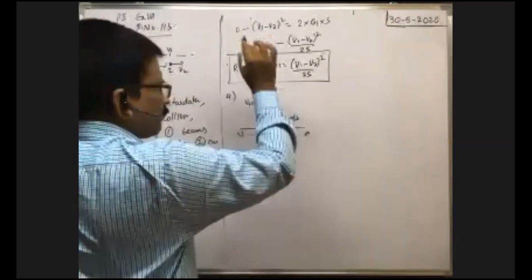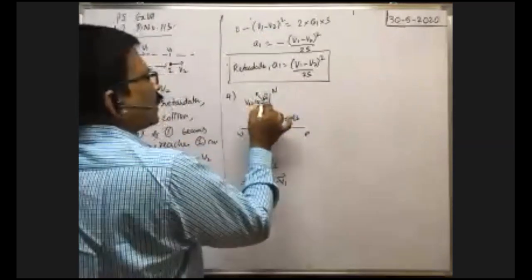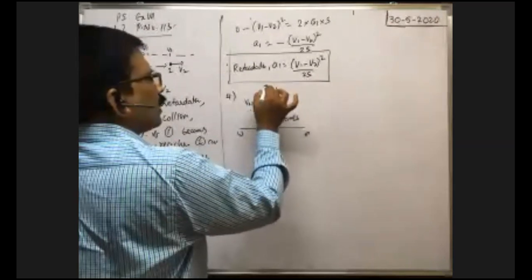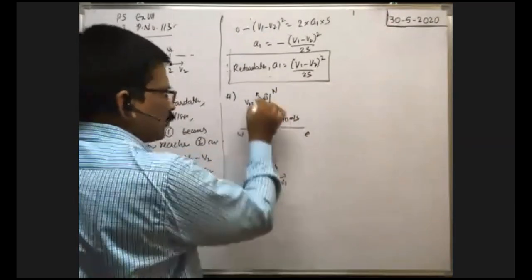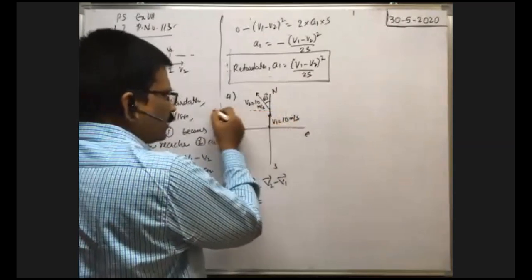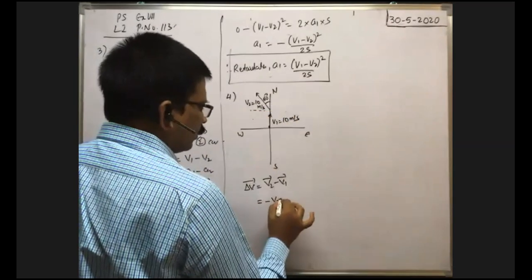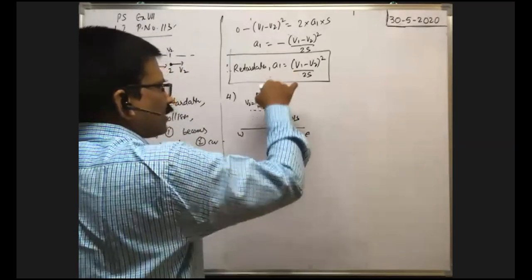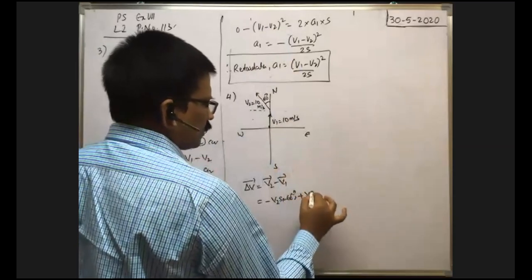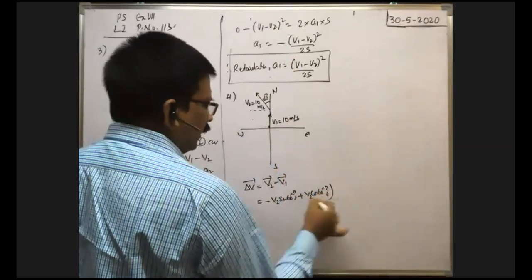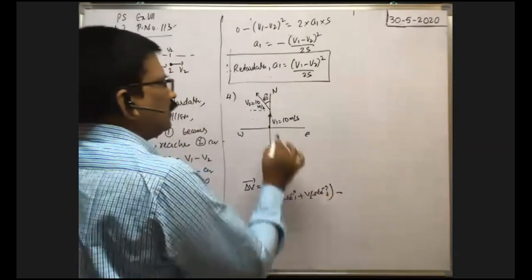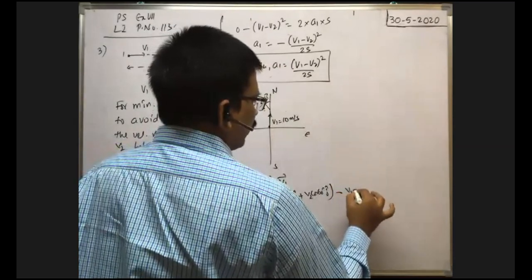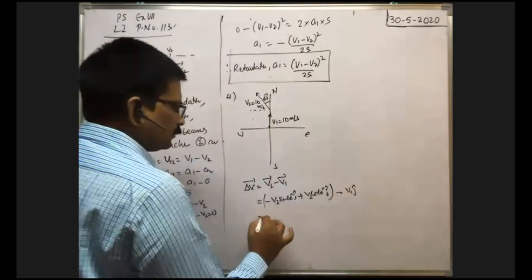So you take this as the y-axis, this as the x-axis. The component in this direction is V2 sin 60, and the other is V2 cos 60. V2 sin 60 is the x component, in the negative x direction, that's why minus V2 sin 60 into i cap, and V2 cos 60 is along the positive axis, that's why plus V2 cos 60 j cap. It is V2 bar minus V1 bar, and V1 bar is only along north, that's why V1 into j cap. Now you substitute the data.